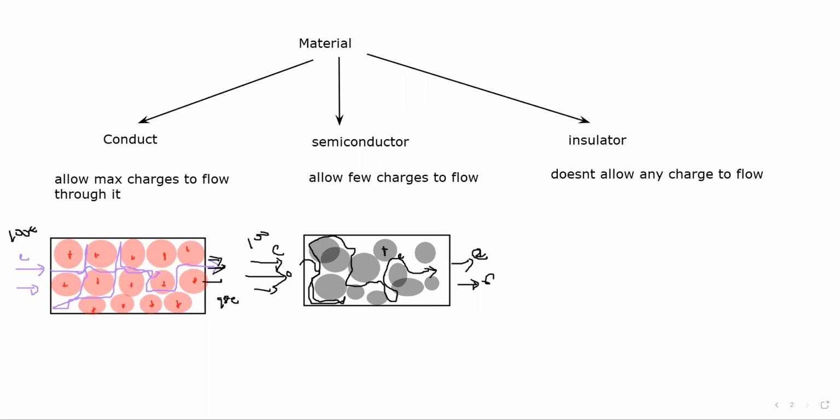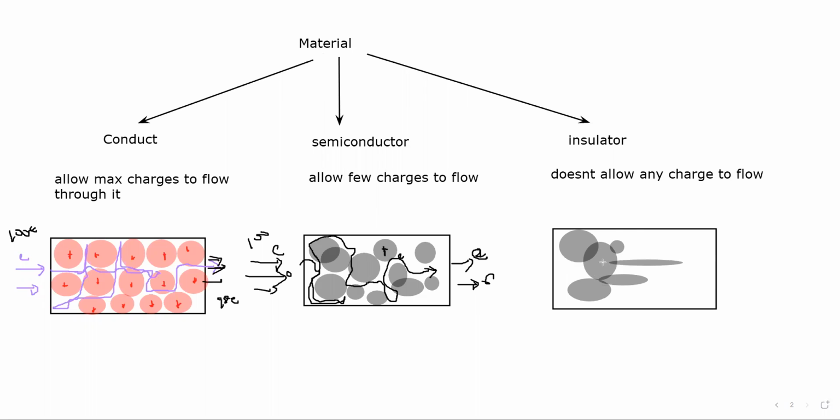But what happens in an insulator? In an insulator, there is no space available for the electrons to move. The molecules do not provide any space, like wood, glass. These are all insulators because they are not allowing any particle to go through the structure. So they don't have any charge, they have molecules. Because of these molecules, these neutral particles are there. So if any electron tries to enter, this electron does not even find space to go through it. That's why it will completely stop.